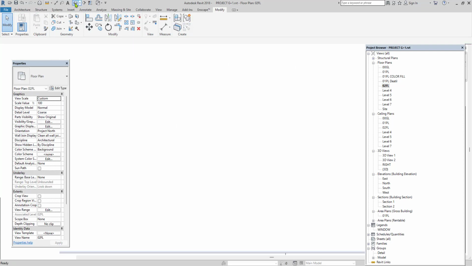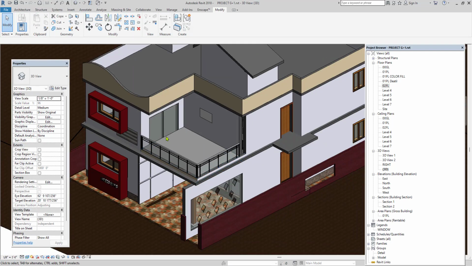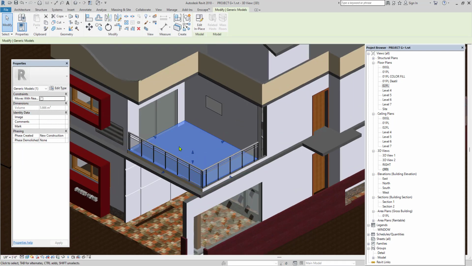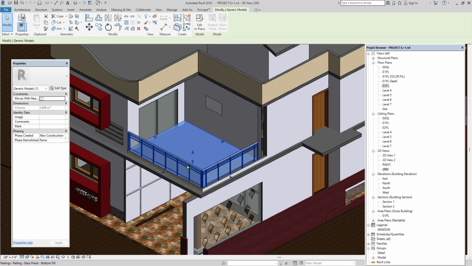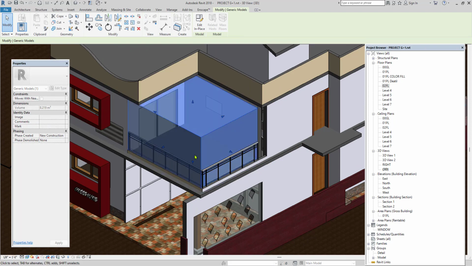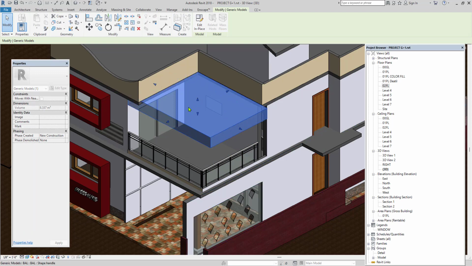So this is just a simple slab. I get it in the same level, that is our second floor. Even you can increase the height of that by using the arrow mark, or else you can change the elevation a little bit.